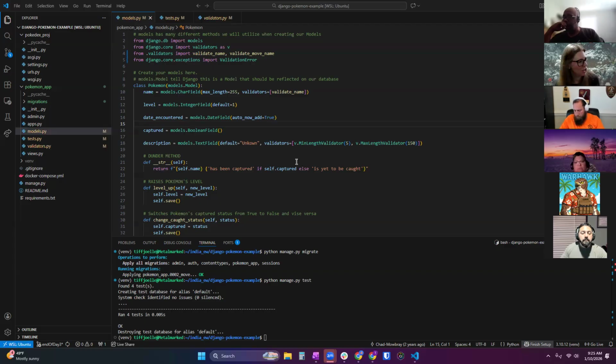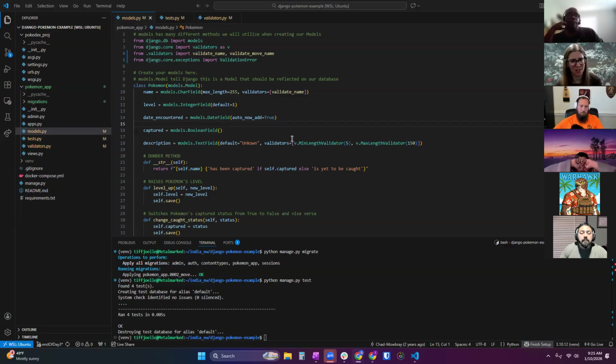I will show you all a one-to-many as well. The README does not go into that, but I'm going to show you because you need to know that as well. But we'll start with our many-to-many between our moves and our Pokemon. How we write a many-to-many relationship is highly dependent on how Django expects you to write that field using its own language.